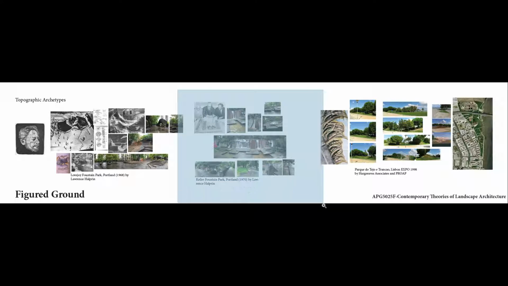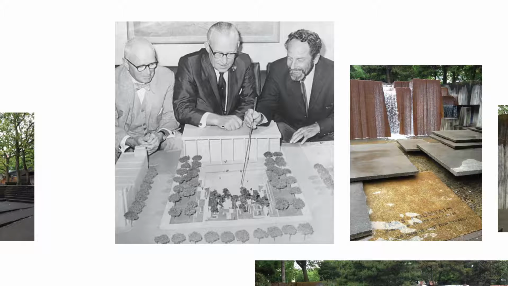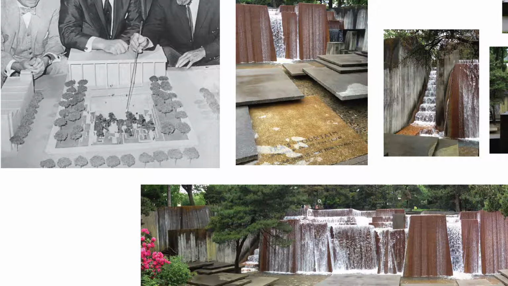Another one is this one. Here we can see Larry talking to the older types in planning in Portland about this fountain. I mean, Larry was a big acid taker. This was the 60s, you can tell. And so here is the Ira fountain. And what's interesting about it, I think, is